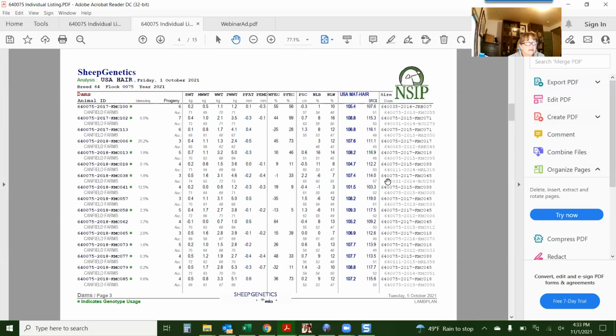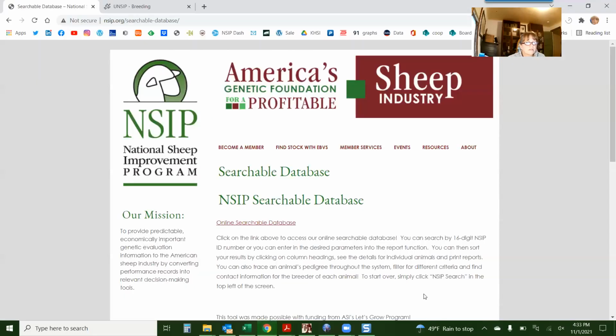So what I would do in that case is think, all right, well, what's kind of my criteria for ram selection? And this is actually my file, so we'll just use this as an example. So when I do a selection, I usually want to try to shoot for finding rams that are at least in the 60th percentile or above for all traits, and then ideally much higher for the traits that are the most important to me. So how I figure that out is I would start by going to the NSIP website